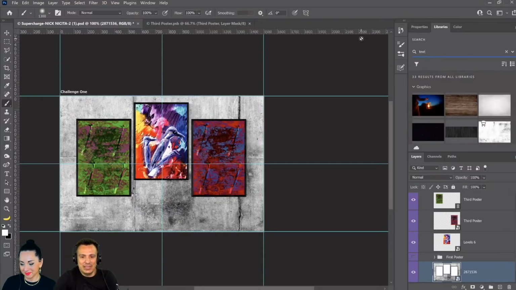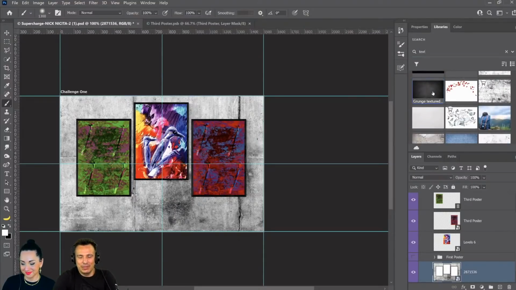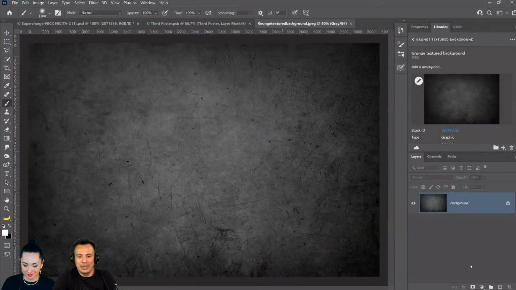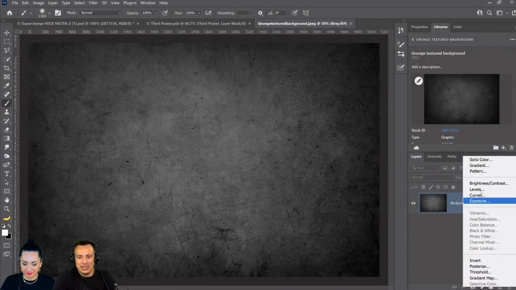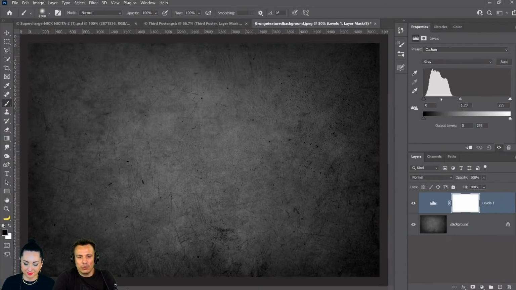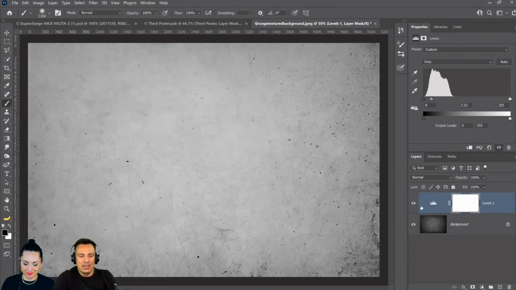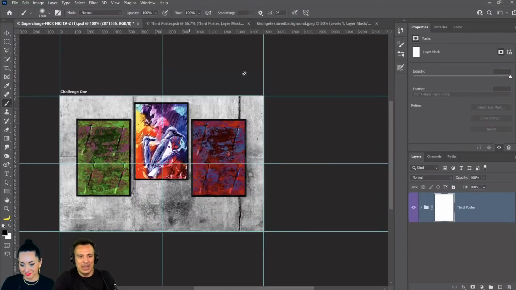So I know that I have a texture here, like you can probably use this one. And I'm just going to open it up. And it's also an Adobe stock image, but you can take a photo of whatever you like. And the reason that I think that you should create your own is because you have more flexibility. I'm going to try to almost duplicate what he had, but then I'm going to make some changes so that you could see that you can make your own adjustments. So, you know, I'm trying to duplicate something similar to what he had.